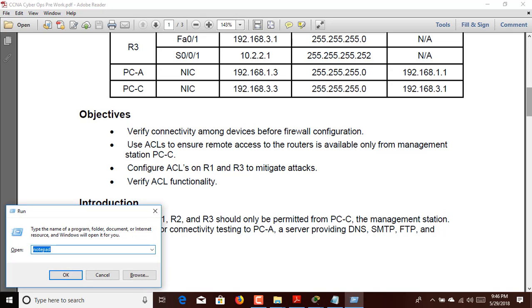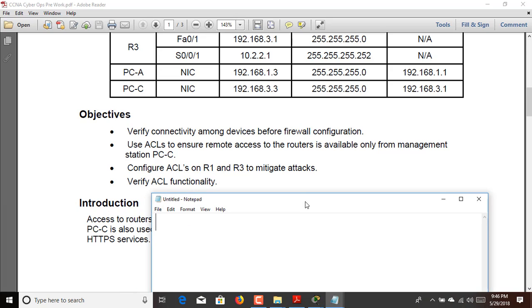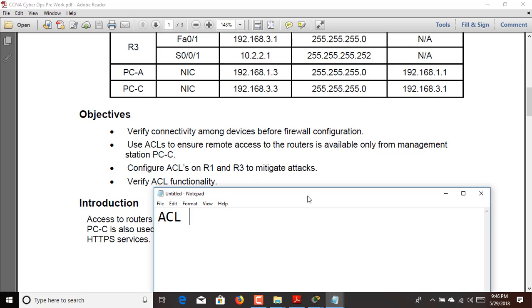So what we need to do, just let me note it down, is the first ACL to have remote access from management station PCC,